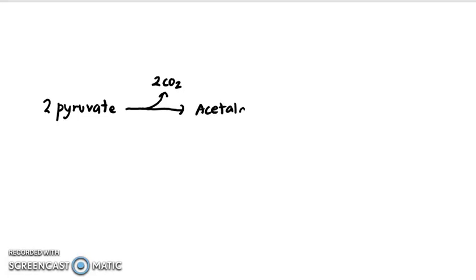Okay, so macam mana nak bagi awak faham? First of all, if you look at the process of alcohol fermentation, when glycolysis has already occurred, glucose will be split into two molecules of pyruvate. So what happened to this pyruvate? First, it will undergo decarboxylation by which it will release 2 carbon dioxide and be converted to acetaldehyde. So means that acetaldehyde actually refers to the 2 carbon molecule. Disebabkan oleh pyruvate ni ada 3 carbon, bila dia riliskan carbon dioxide, maksudnya dia akan hilang 1 carbon. So that's why it will produce acetaldehyde.